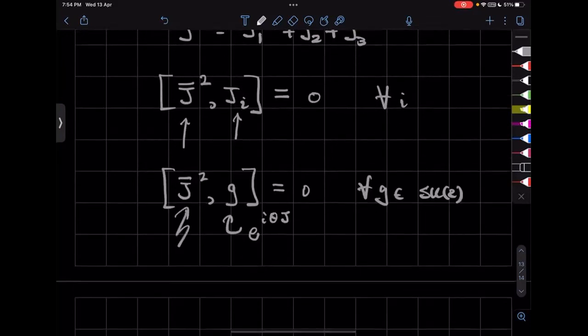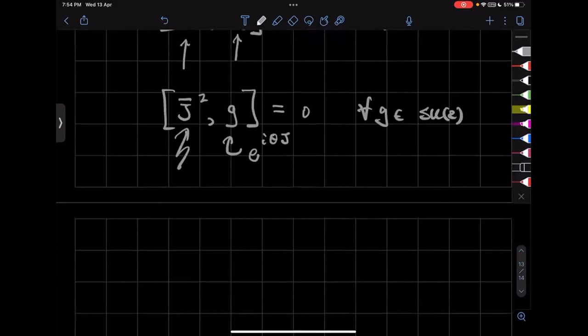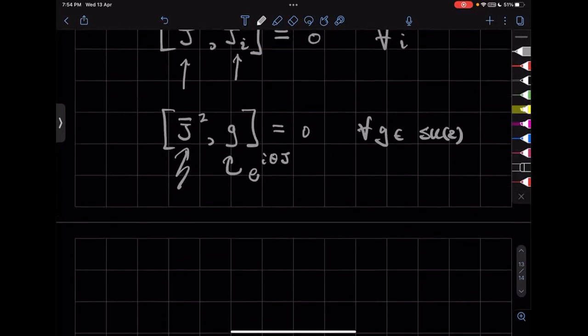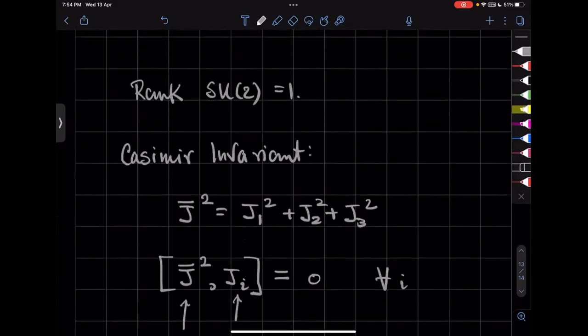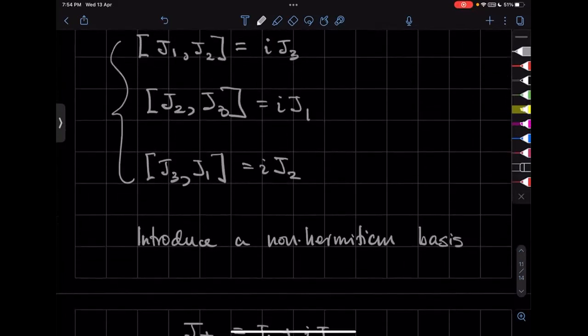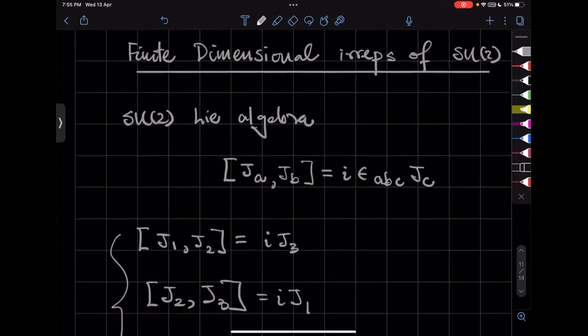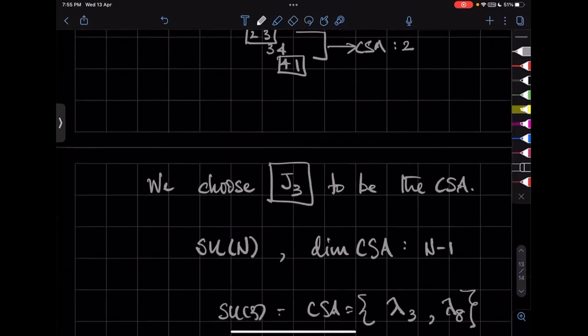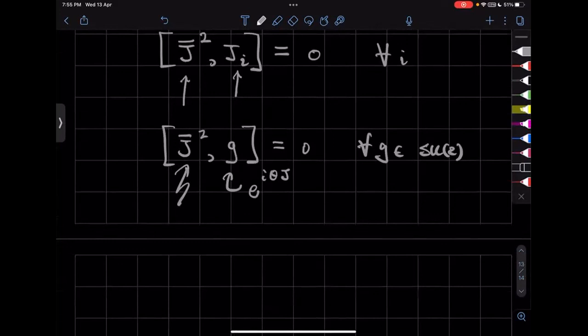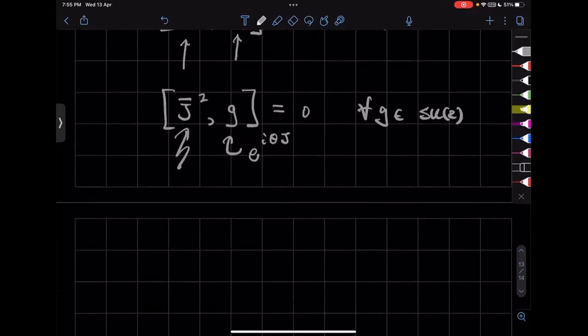So what does it say about the form of J squared? According to Schur's lemma, what do we know about J squared? Oh, is it an irreducible representation? No, we are building irreducible representations of SU2. That is, suppose we have those J matrices. In that space of matrices, what would J squared be? Oh, it would be a multiple of the identity. Exactly. So according to Schur's lemma,